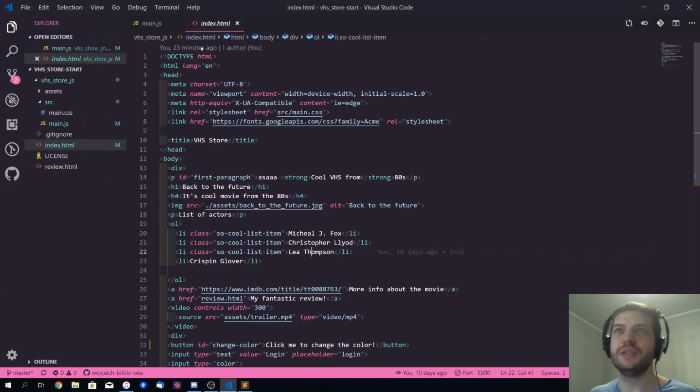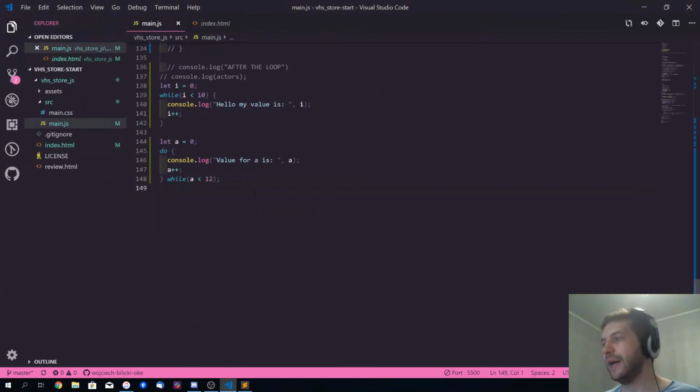So what's the difference between while and do while? The do while loop will always run at least once because first you do the operation, and second you check the expression to see whether the loop should continue or not. For while, you check the expression in the beginning and then decide to run the loop. For example,